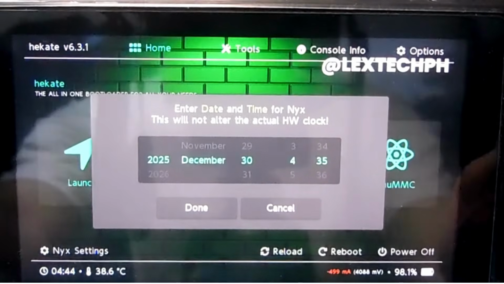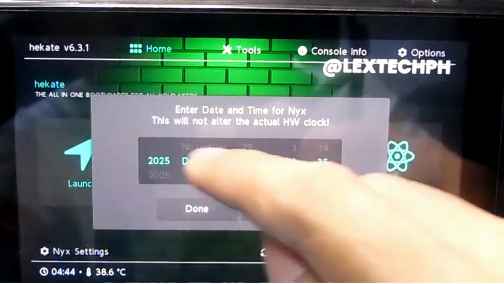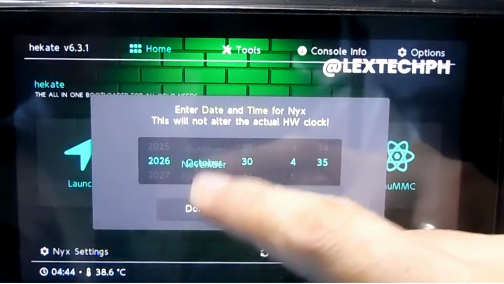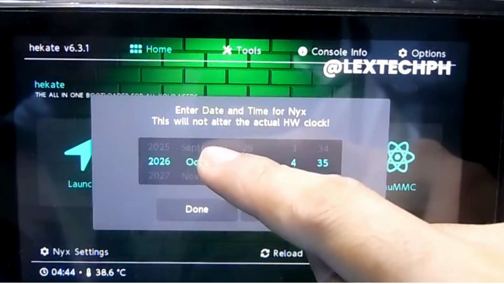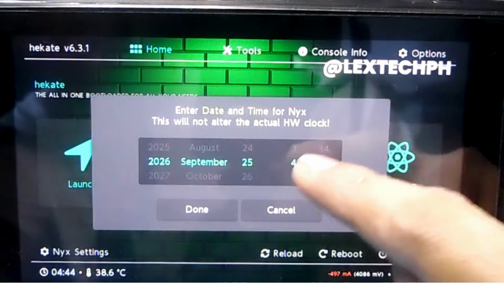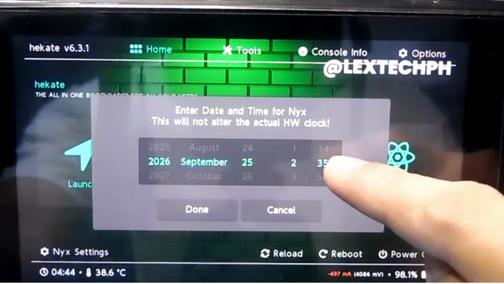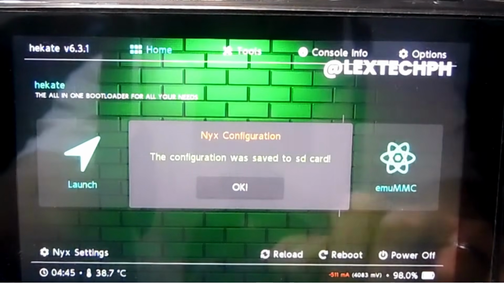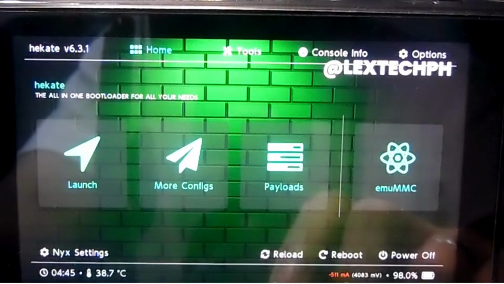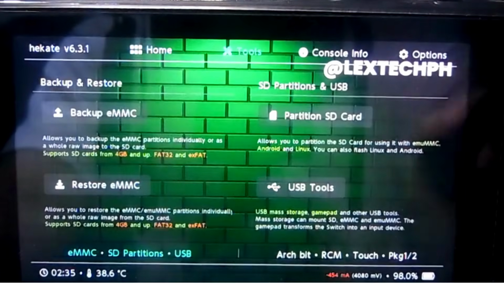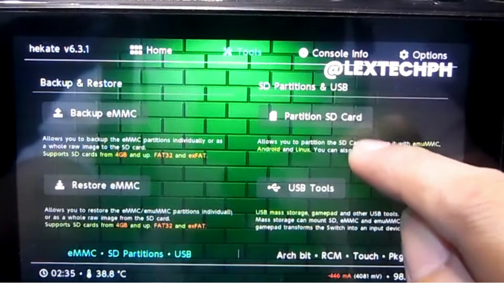All right, the first thing we're gonna do is set the date. Okay, I'm gonna set the date. Let me just pick something here. And then you set the time too. I'm gonna press on done. Okay. Next up, you go to tools, go to partition SD card,